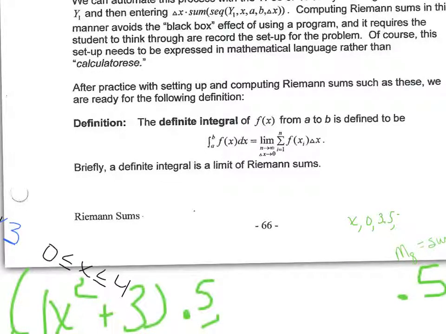When we talk about the definite integral of f of x from a to b, notice the difference between the definite integral we're looking at and what we saw as the indefinite integral: now we've got a lower and an upper limit. A is your lower limit and B is your upper limit. The definite integral is the limit as the number of subintervals gets larger and larger and the width of those subintervals approaches 0. It's the sum of all of those areas. So that's what the definite integral stands for.